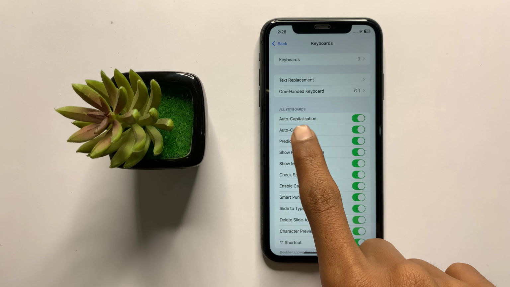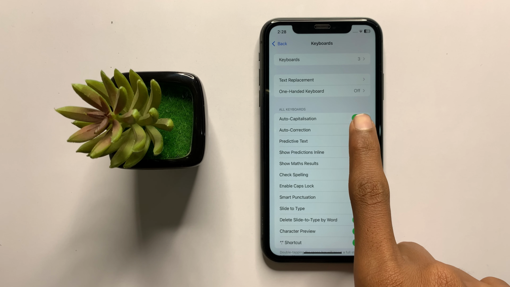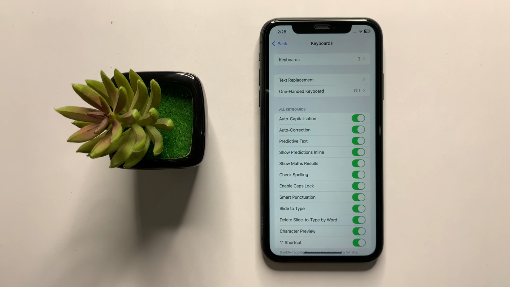If you want to disable your auto correction, turn this button off, and if you want to enable your auto correction, then turn this button on. So this is the way to enable or disable auto correction in iPhone